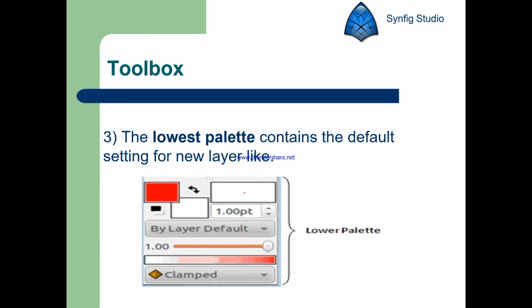If you want to increase or decrease the brush size, then we have the brush size option. Then we have a blend method, by default it is by layer. We have some methods for how your object can do the movement or how your object can be transferred, that will be seen in the blend method.